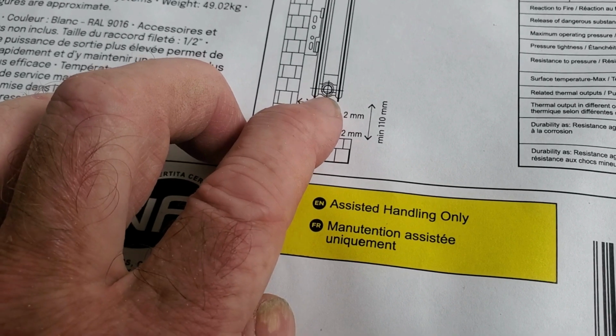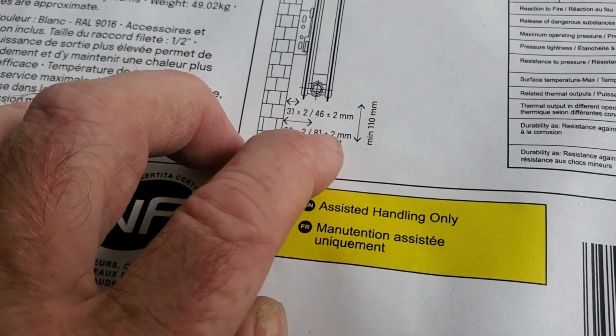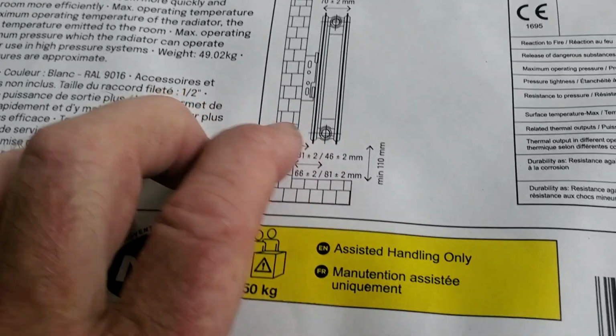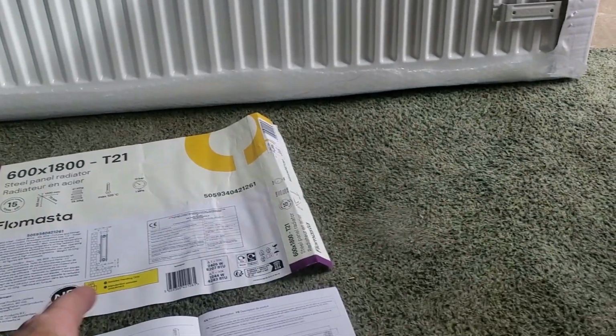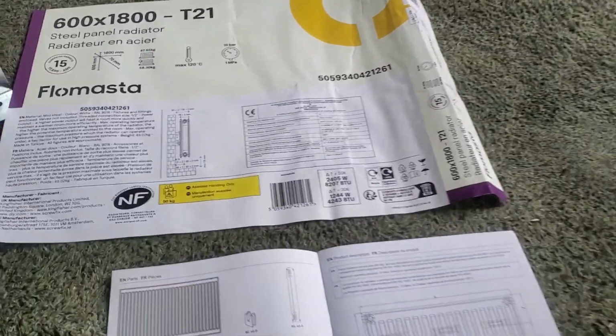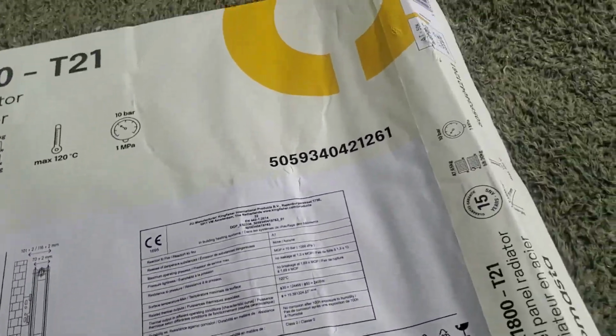It's telling you the height from the bottom of the radiator to the floor. It's not giving you the height from the bottom of the bracket to the floor. All I needed was the height from the bottom of the bracket so I could screw my brackets on. And I didn't need to know what height it has to be off the floor because I knew that it would be okay. So they're making it harder. Now I'm going to have to measure from there to there and add on the distance of the...